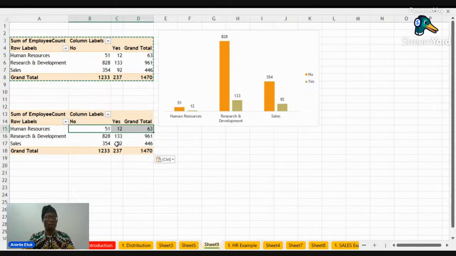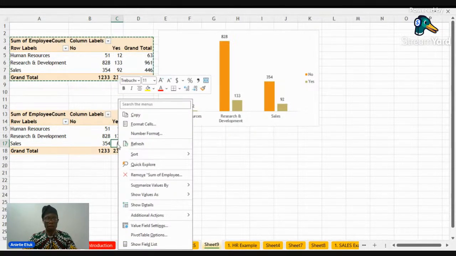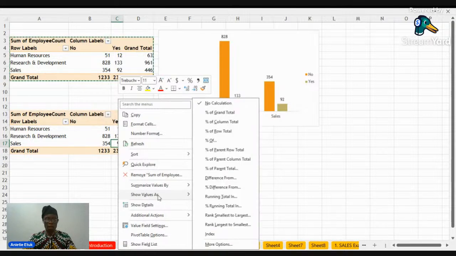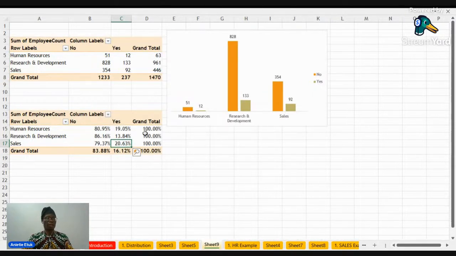So I want to convert the data to a percentage of row total. So I click on this and I say show value as, and I say percentage of row total. Now you can see that the data sets have been arranged to an equal number. So this is the equality we're talking about.